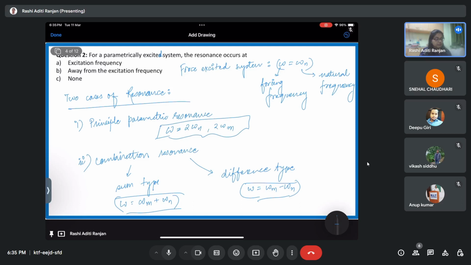Okay, so dealing with a parametrically excited system is definitely difficult, but when we talk about the real world, it is very common that we get the parametrically excited system only. Yeah, there is more occurrence of parametrically excited systems, correct? Because of the nonlinearities present in the system, because of the actuation way in which it is happening, and considering all those things. Okay, so for a parametrically excited system, the resonance occurs at